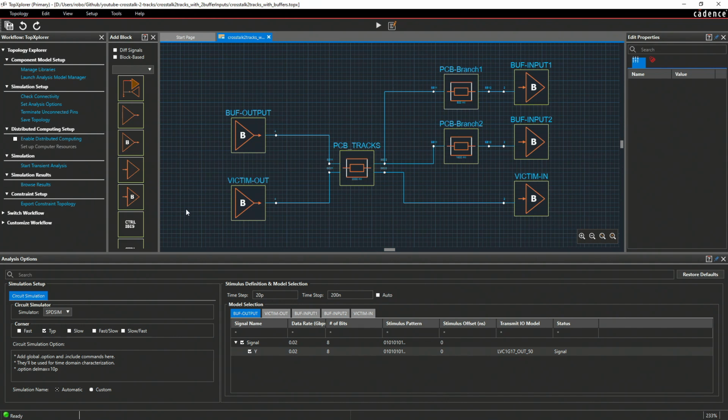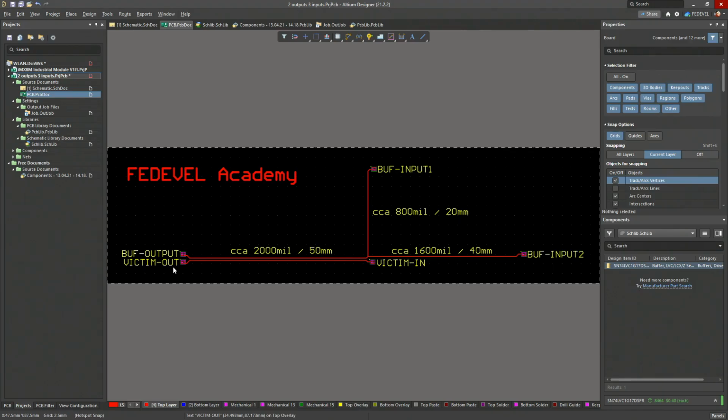I would like to talk a little bit about this because it is simple to set up, and once you understand how you can simulate your PCBs, it can help you when you are designing your boards. So in this picture, you can see we are using 2 output buffers. We are using 3 input buffers, and then there are some elements which are describing the PCB. So when we have a look at our PCB, these are the 2 output buffers. These are the 3 input buffers.